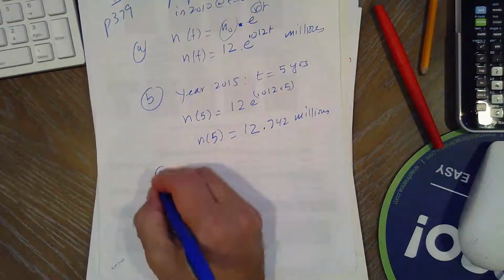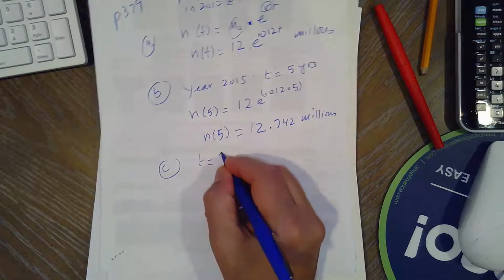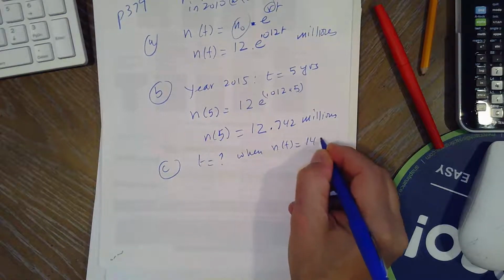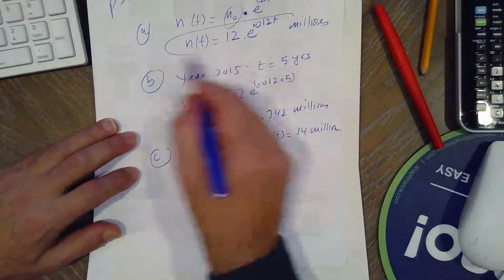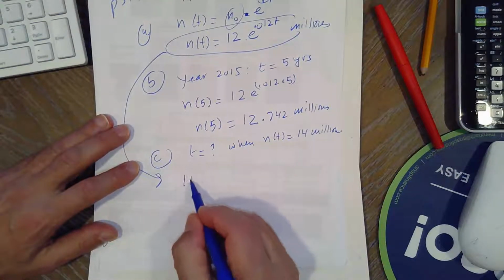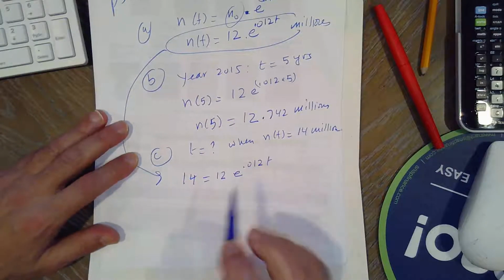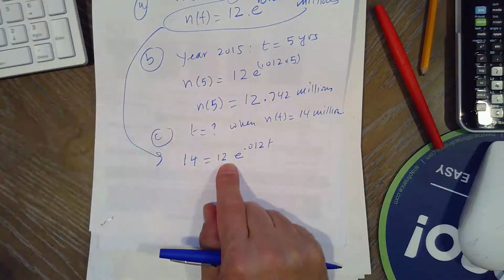And then part C, after how many years will the fish population reach 14 million? So we want t when N of t is 14 million. We have the formula, we'll just use it right there. 14 equals 12 e^(0.012t), and so you can see now we're solving an exponential equation, which we went over last